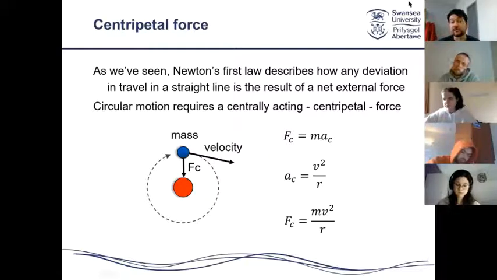As I said, any deviation in travel from a straight line, Newton described as being the result of a net external force. And this is no different for circular motion. In circular motion, the force is actually acting from the center of the mass to the center of the orbit. This is provided by several varieties of the same equation, which again, don't worry about or bother yourself with, but for the sake of completeness, I've just put the